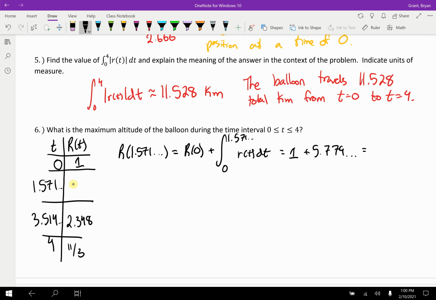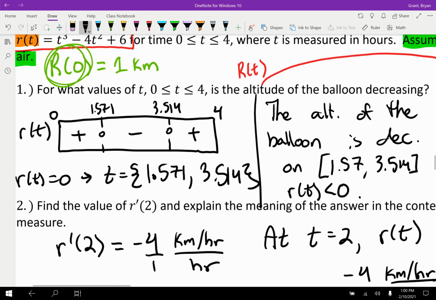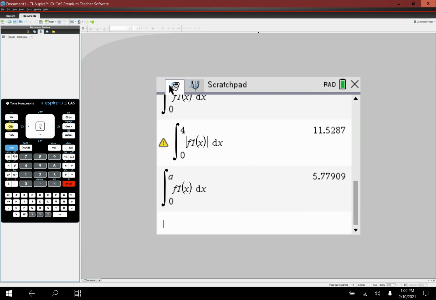Good, and I assume we can add 1 to this, 6.779. Alright, now the results of this shouldn't have been too much of a surprise, because looking at our sign chart again, we can see that the balloon will increase in altitude, and then decrease, and then increase. So really there's only two possible spots where the balloon is at its highest point, either this guy or the end point. And you could have even estimated it based on the graph over here, though this one would be